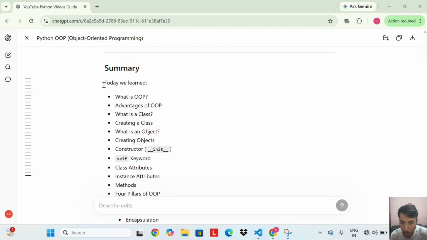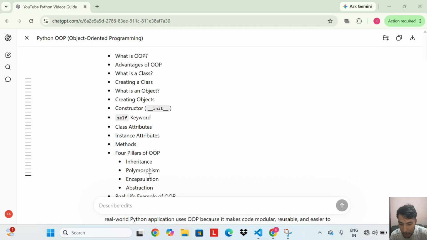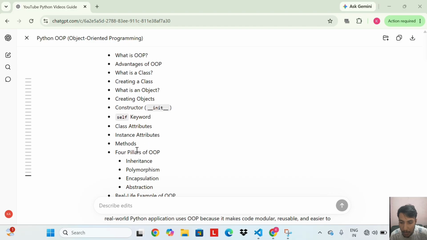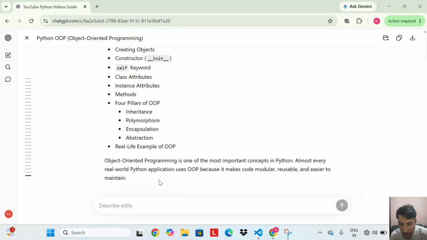Summary. Today we learned what is OOP, advantages of OOP, what is a class, creating a class, what is an object, creating objects, constructor __init__, the self keyword, class attributes, instance attributes, methods, four pillars of OOP, inheritance, polymorphism, encapsulation, abstraction, and a real life example of OOP.